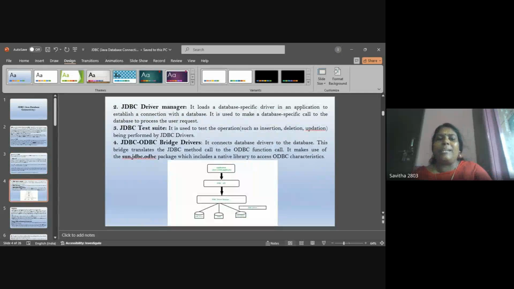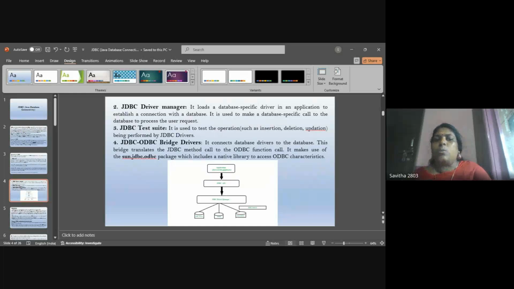Then the JDBC driver manager, that is the second component. It loads the specific database driver to establish the connection between databases and the Java program. So any database is activated by using its own driver software.